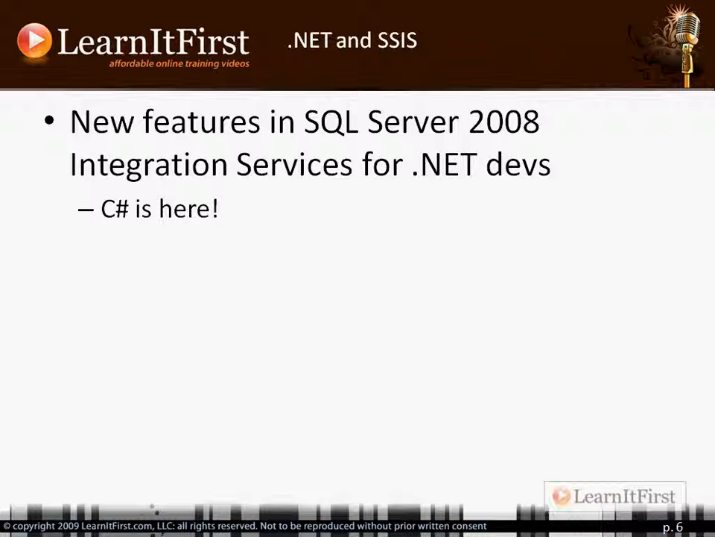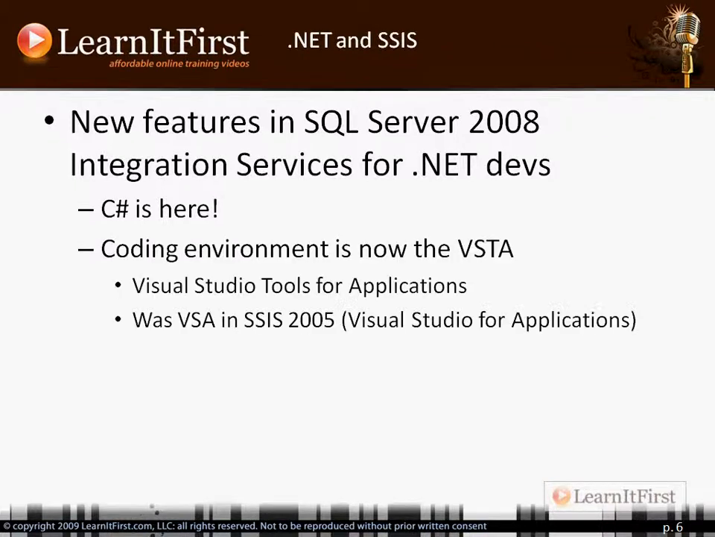So we can now do C#. Previously, in the old VSA, we could only do VB. The coding environment is now the VSTA. It used to be the VSA in 2005, and we could only use VB. That was the reason. The VSTA, the Visual Studio